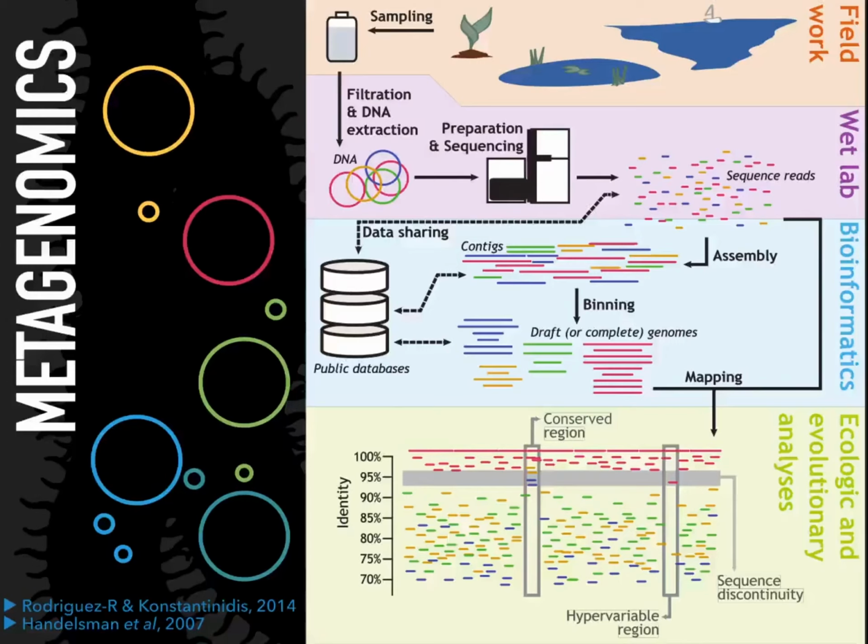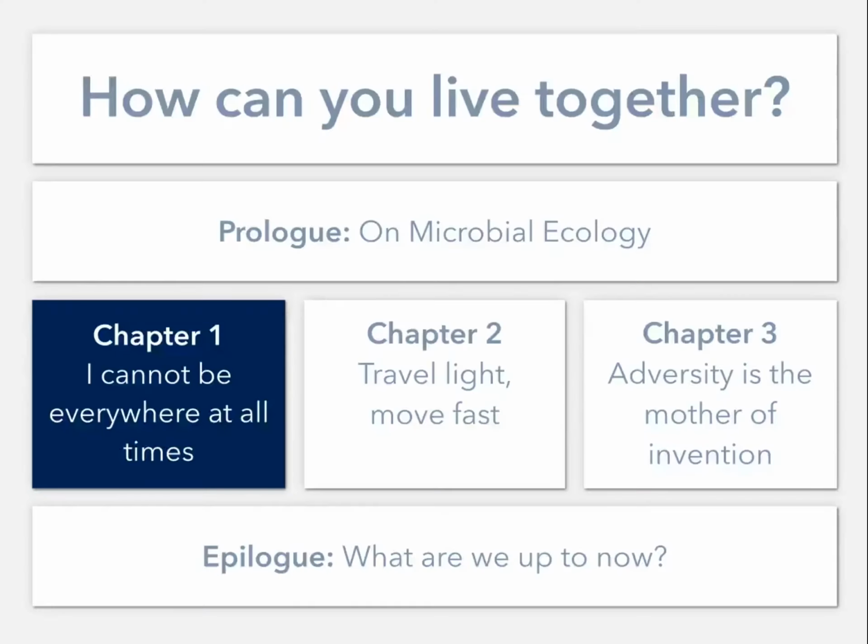called metagenomics. Metagenomics is the process of going to the field, sampling water or air or soil or whatever it is, and directly extracting the DNA and analyzing that DNA, as opposed to going through cultivation. So this bypasses entirely the process of cultivation. So now we can study microbes using these kinds of techniques. So this brings us to the first chapter of chapter 1.